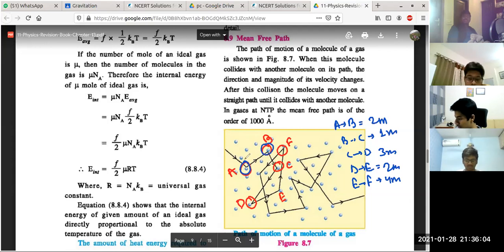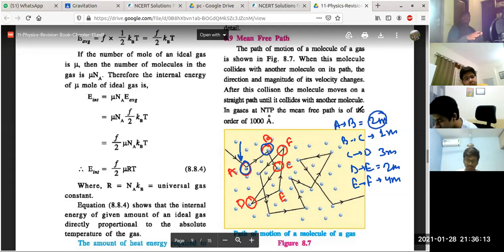Therefore, a gas molecule first undergoes a collision, then travels for some distance, AB, 2 meters, unaffected, like it is not colliding. It is going in its flow free. Then again at B it undergoes a collision, it gets disturbed. Then from B to C it goes freely. And then at C it again got disturbed, disturbance means collision. Then C to D again it's going free, that is the free path.